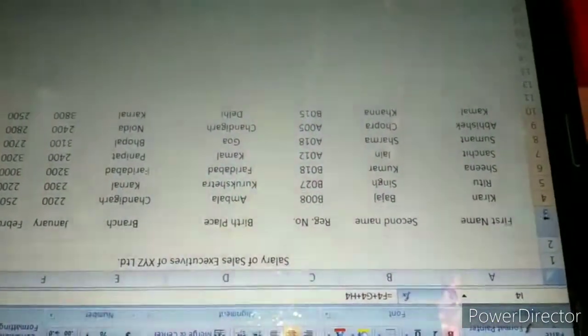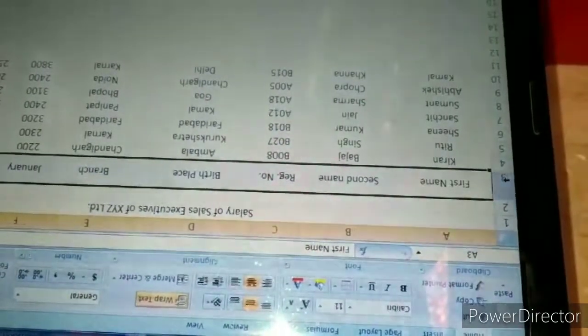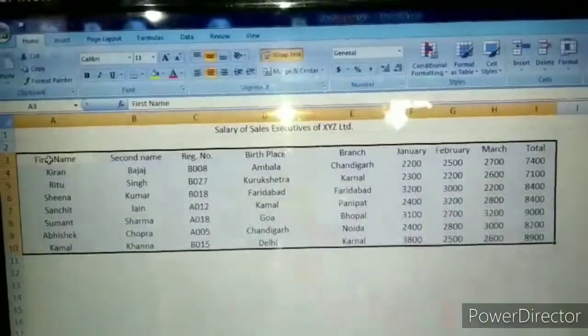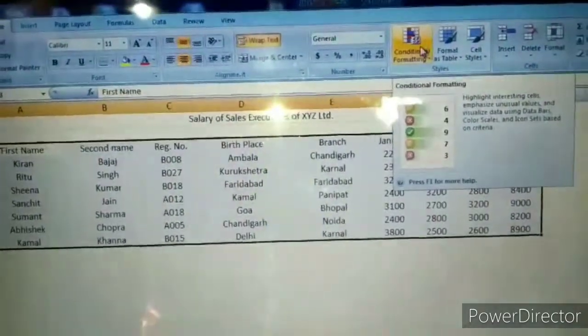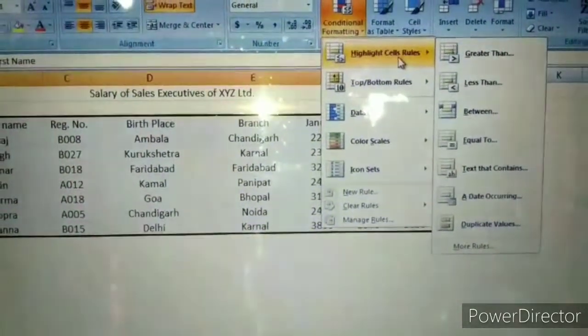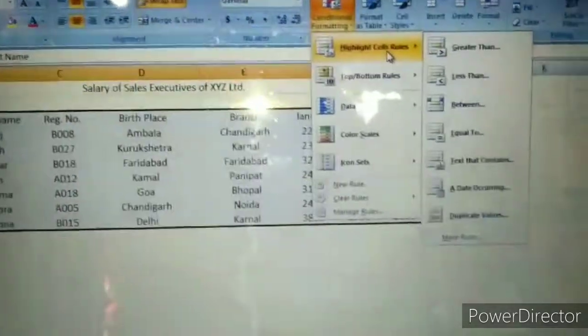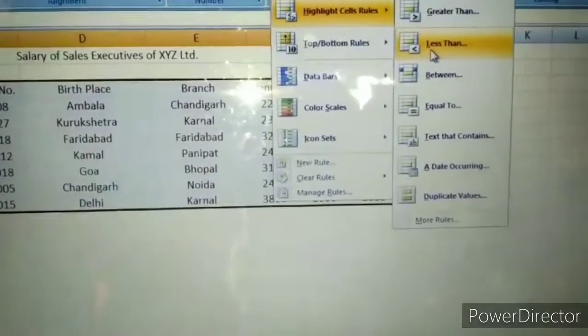For this, first we select our data, and click conditional formatting, highlight cells rules. Here we want less than, so we select the less than option.